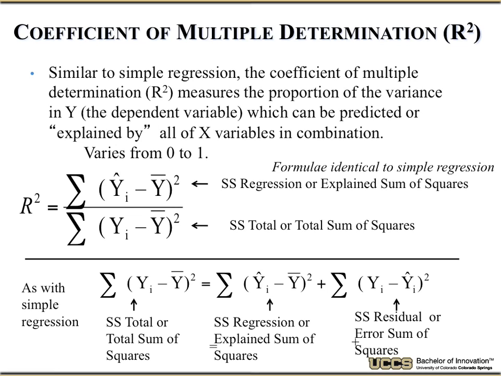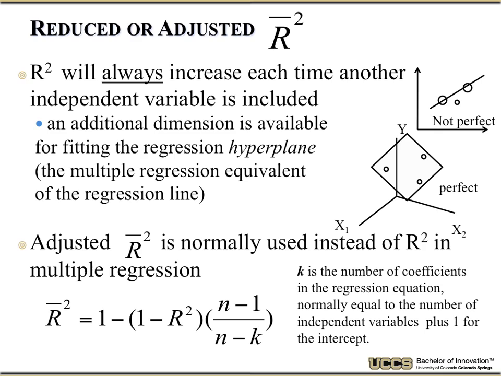Okay. Now, this is where you have to be careful from a statistics point of view. The r squared value will always increase each time an independent variable is included. Give me a second, because I might have written that backwards, and maybe it always decreases. And I'll keep going, and I'll check that in a second after I get through this. I always get like plus, minus, left, right, increase, decrease. I don't know which hand this is.